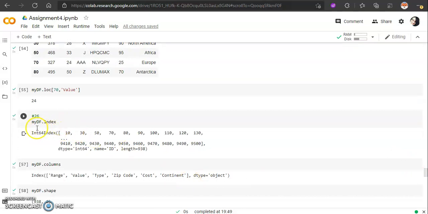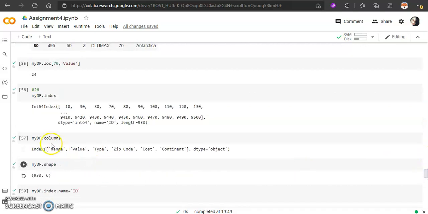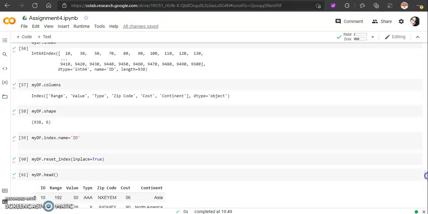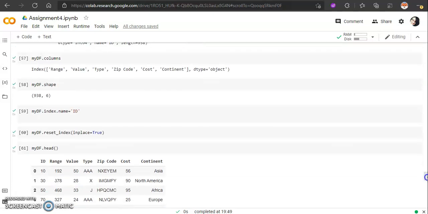using this command mydata.index, you can see all the indexes here, and with this command all the columns that are available here, and the shape. And then for resetting the index and bringing it back,